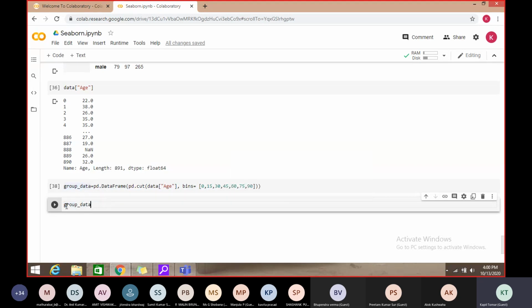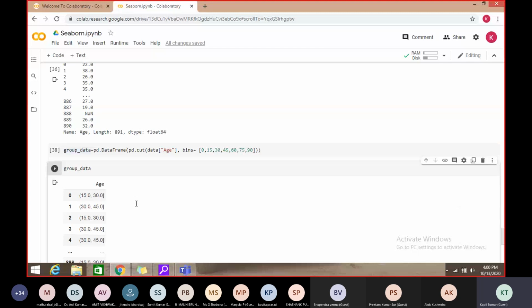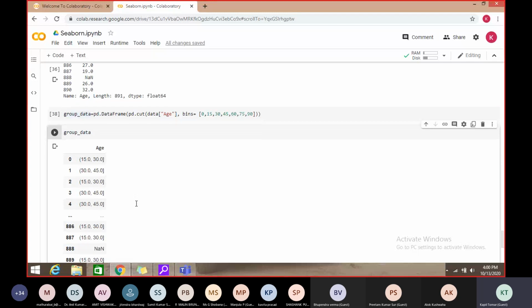Let's see what is the value. Yes, bins. Okay, right. So the first value lies between this bin, second is this, third is this interval, fourth is this interval, right? So it has arranged all the values into these particular bins, or we can say intervals.